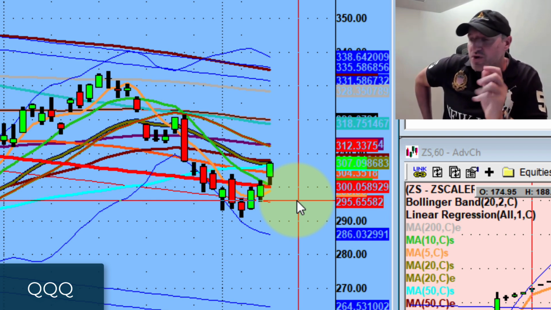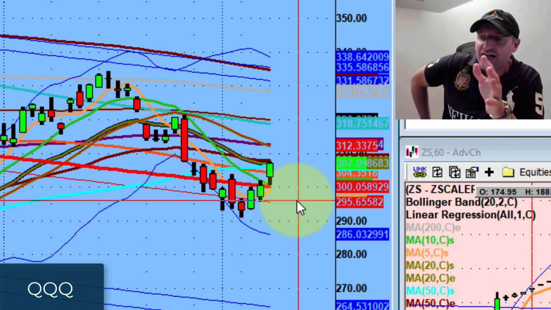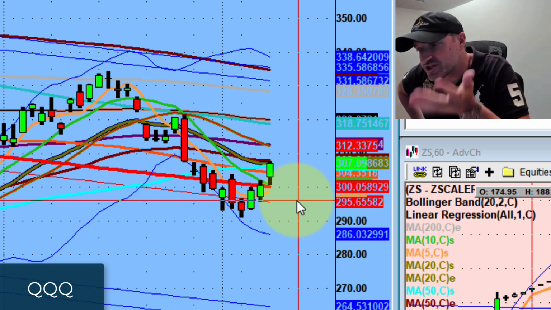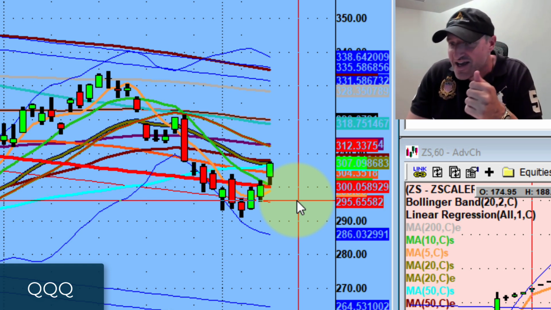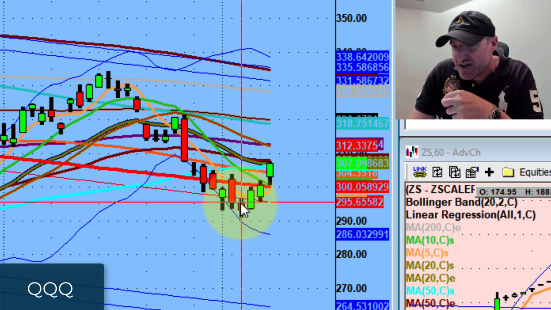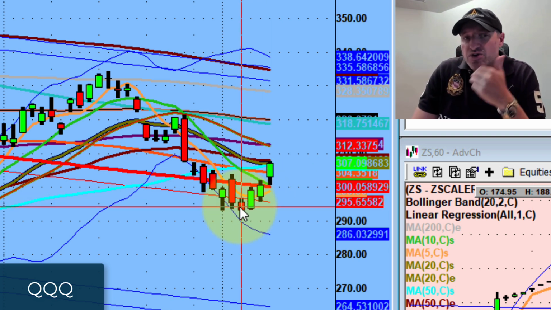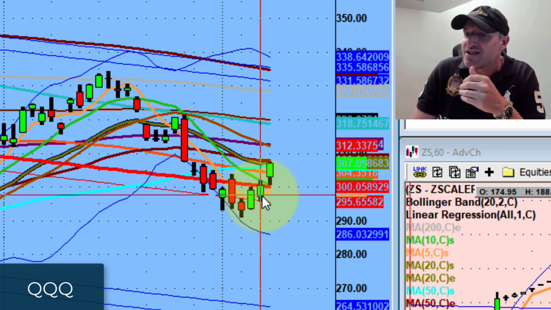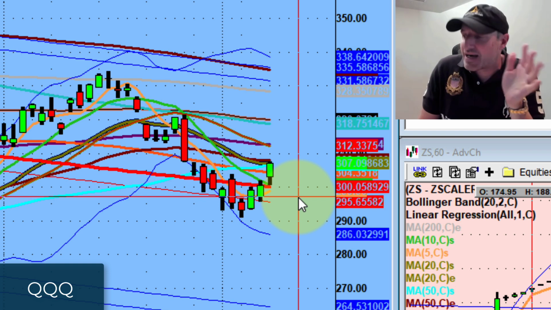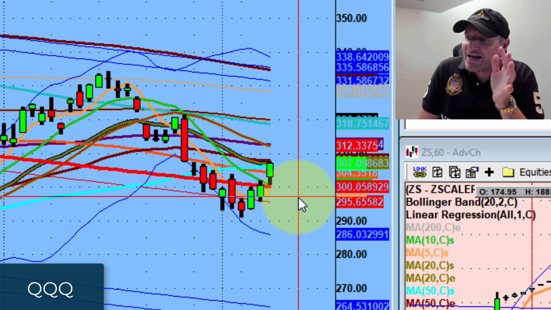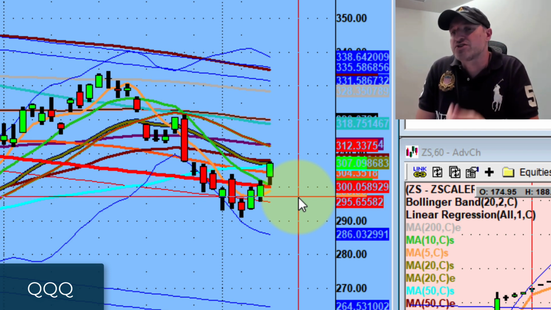And slowly but surely, once the Apple event was over, and it's irrelevant what they talked about, that's when the market started moving higher. That's when stocks started taking out the previous day's high. And the first time we got above, I think it was the Wednesday video, that 296.60 level, that started a cycle. Again, nobody said this is going to be the bottom of the market and now we're going back to highs. We talked about slowly, baby steps.